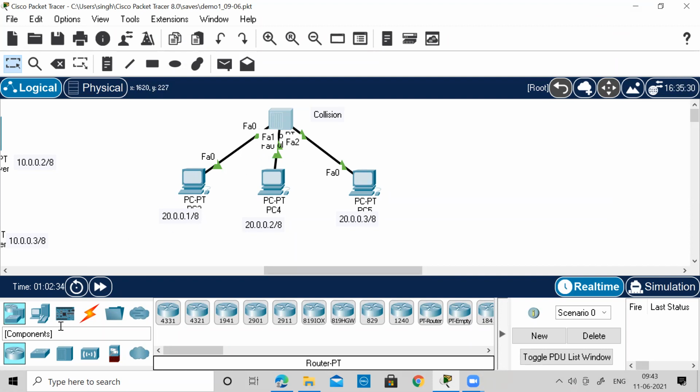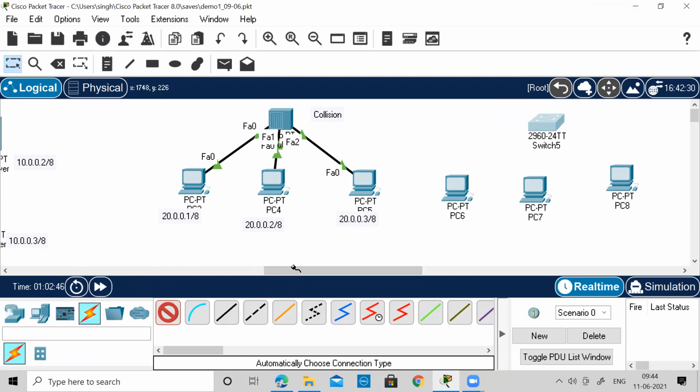This kind of thing is not seen on a switch. If you take a switch and connect computers over there, collision will not happen, because a switch is full duplex communication. That means it has two separate channels for sending and receiving, and it also knows to keep the frame in a buffer.